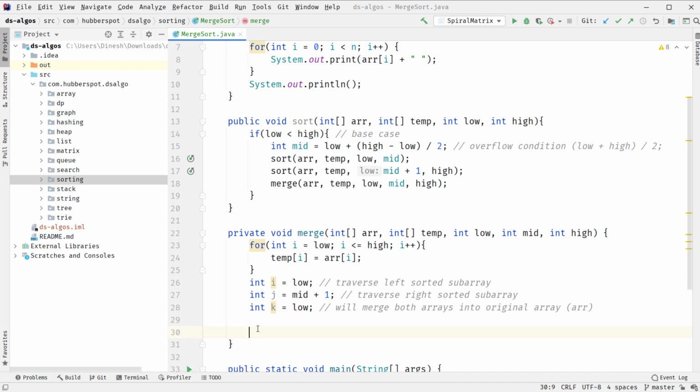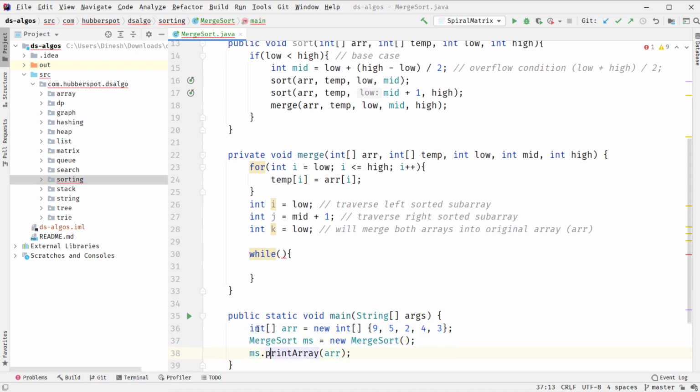So we have provided a while loop, and the condition we provide is i should go till mid and j should go till high, and if any of these conditions breaks, the while loop will terminate.